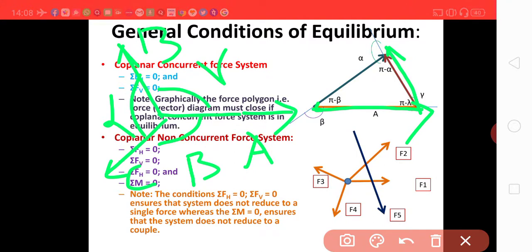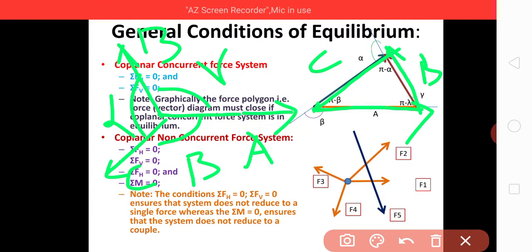If you want to, then the third force will be this way. Now understand that this force, force C, is a resultant of force A and force B. But since the body is under static equilibrium, go to my third lecture in which I defined the equilibriant. What I told you is that the equilibriant is a force which is equal to the resultant, on the same line of action but opposite in direction.